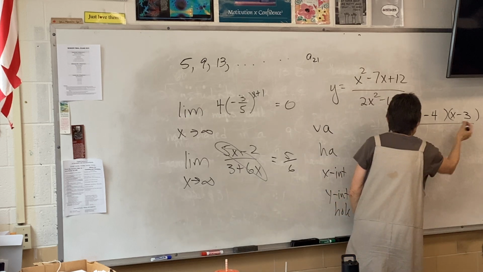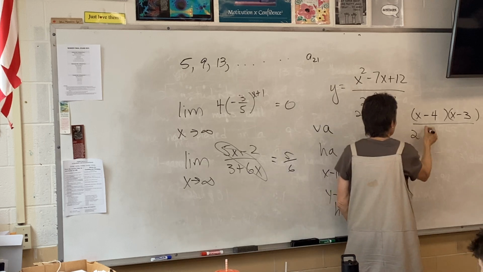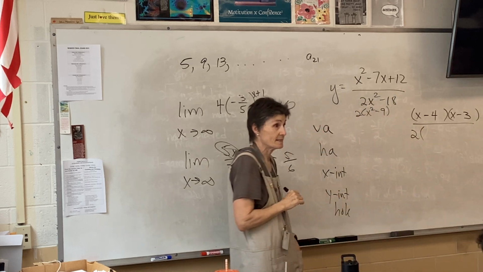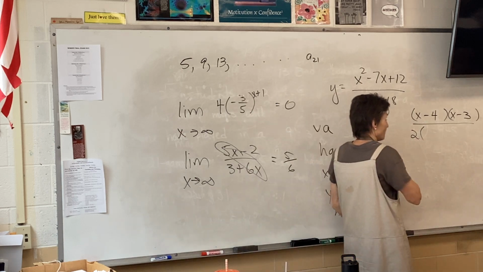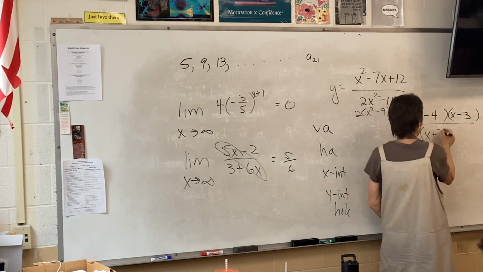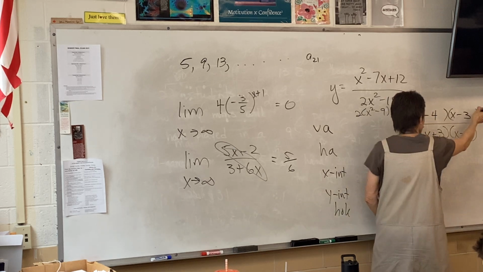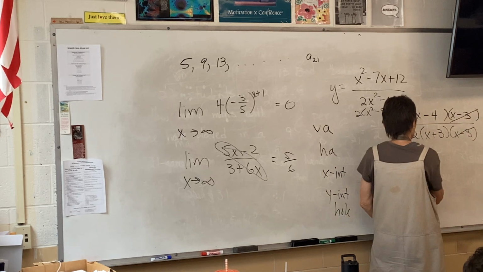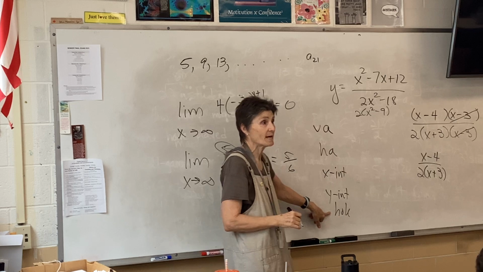All right, now what about the bottom? Well, the first thing you want to do on the bottom is take out that 2, but don't lose it. It stays as part of the problem. And then how does x squared minus 9 factor? x plus 3, x minus 3. And then we notice that we can get rid of that,